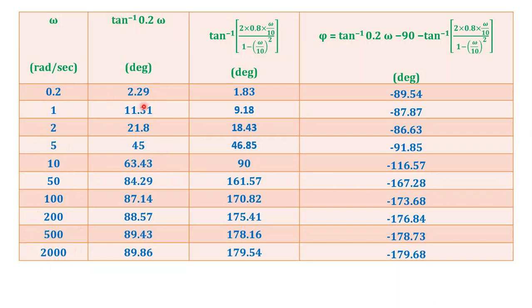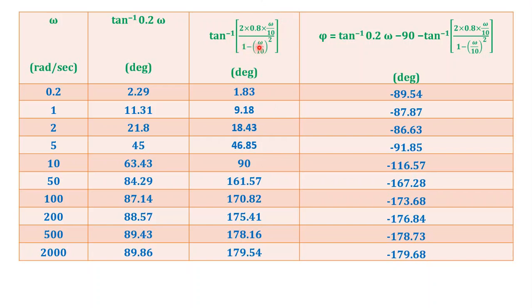So I keep the calculator in degrees mode and find all the angles. Here when I find the angle, I have to be very careful. When omega is less than 10, the real part is going to be positive, because this is the real part, this is the imaginary part. When omega is greater than 10, this is going to be negative. Whenever real part is negative, the point is in the second quadrant, otherwise it is in the first quadrant. Therefore, whatever angle we have to calculate beyond 10, forget about that minus sign.